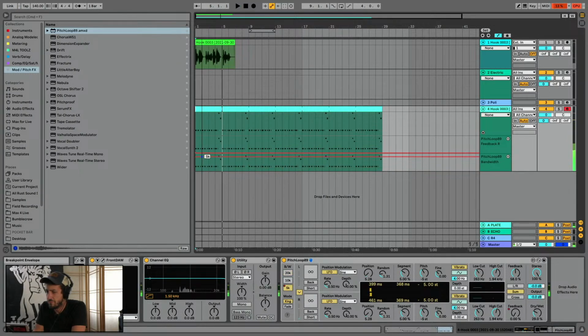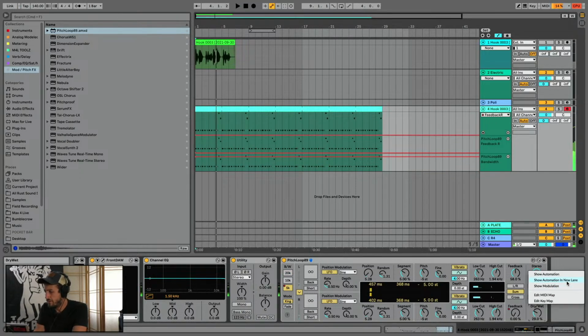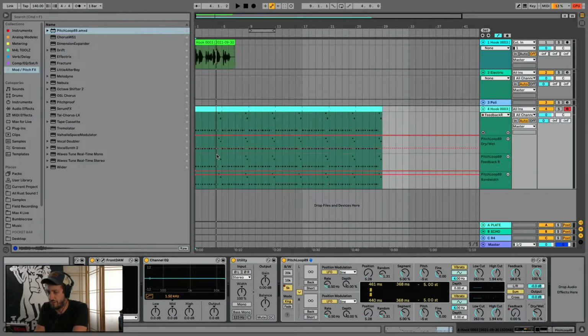Got the wireless camera set up, too. Let me know when you're... Cool. Yeah, you can do that whenever you want. I'm going to just start automating some parameters on this to create some motion. If you want to do a little tour while I'm making noise, that sounds kind of fun. A little bit of a different format. So I'm going to start tweaking knobs here and make this thing do something strange.